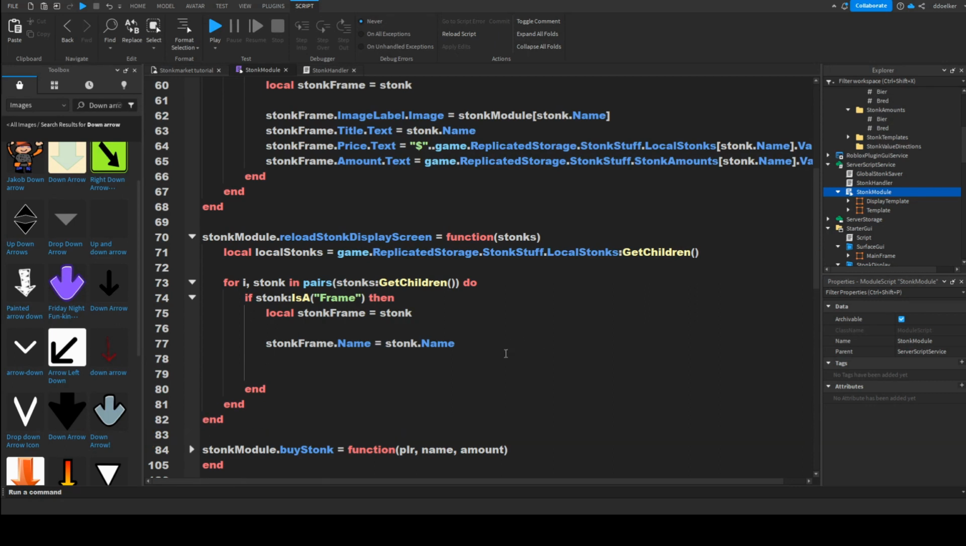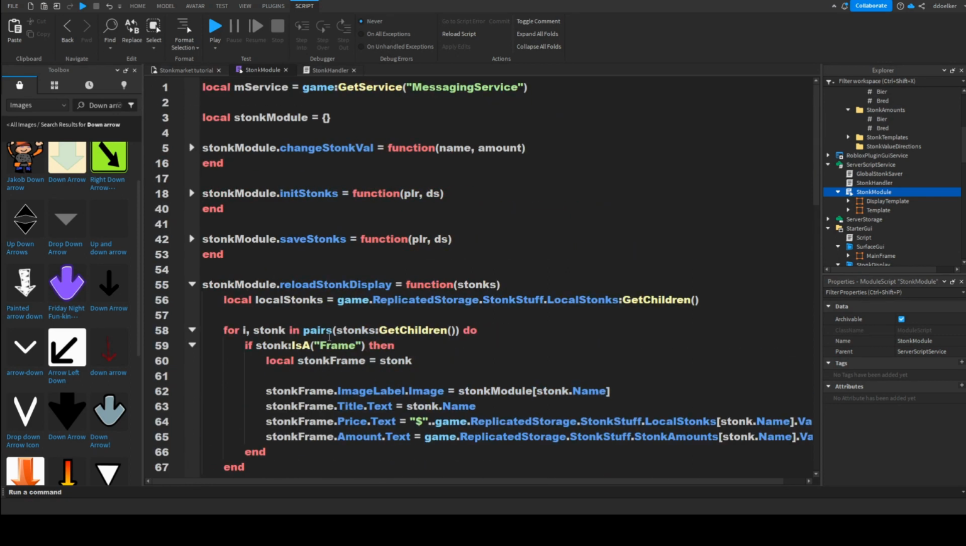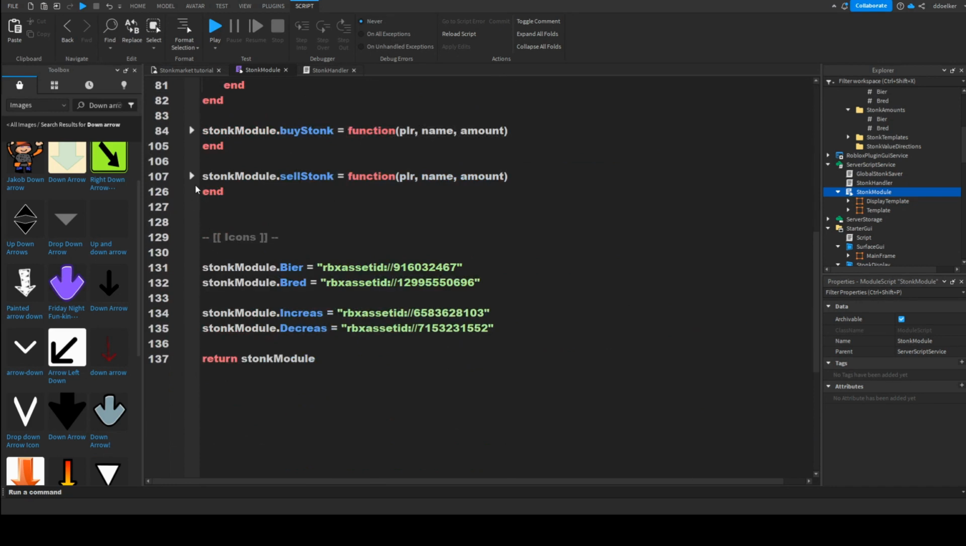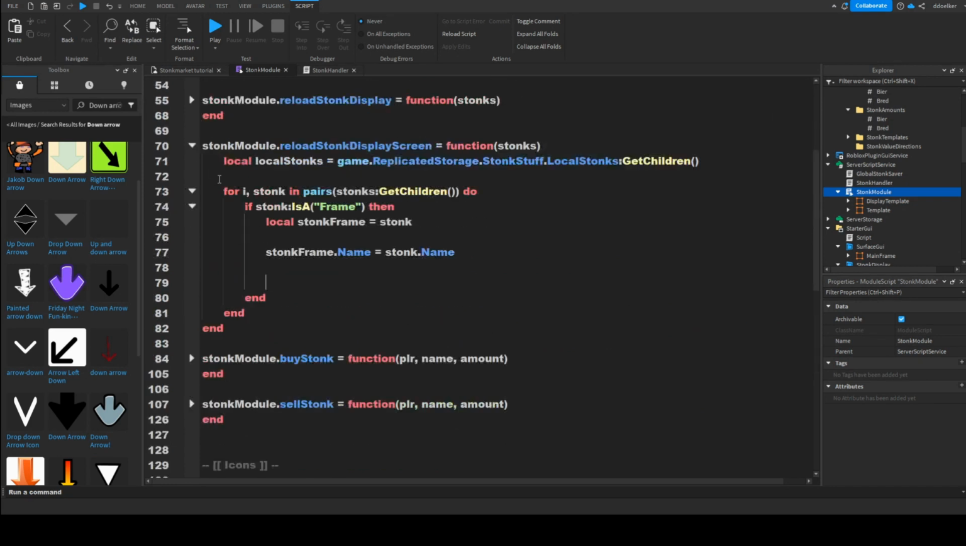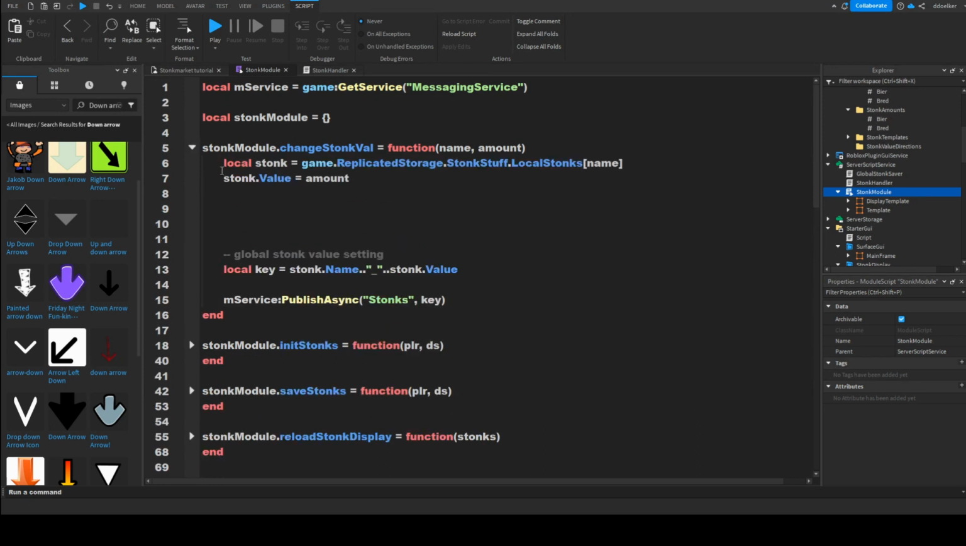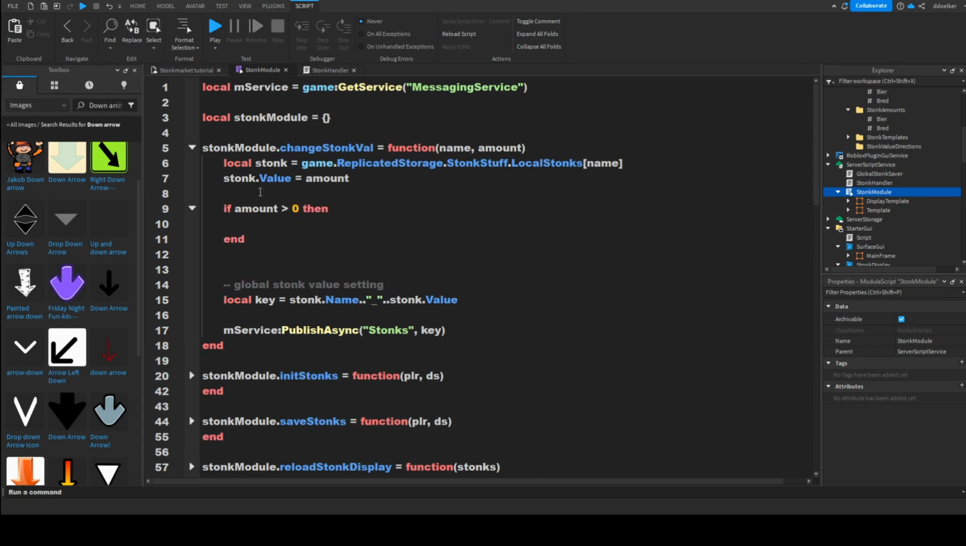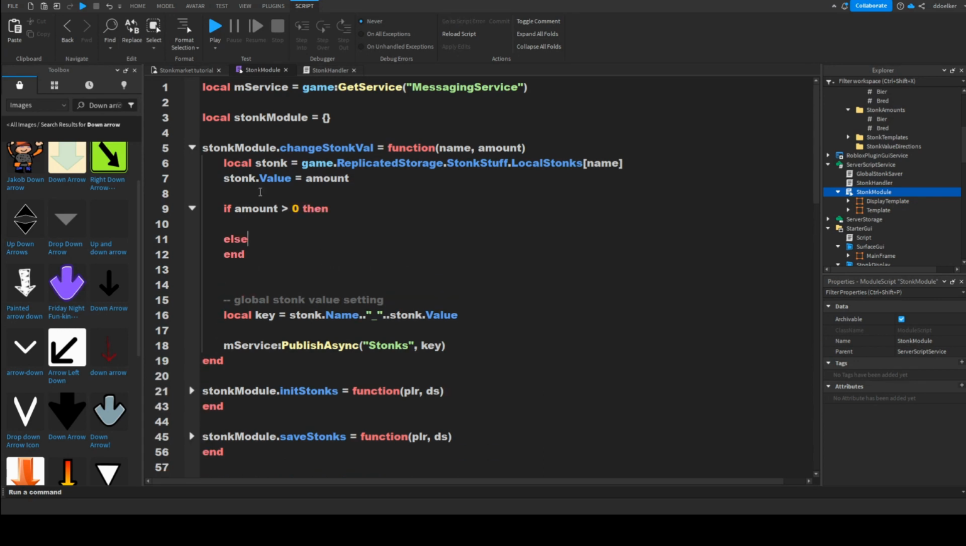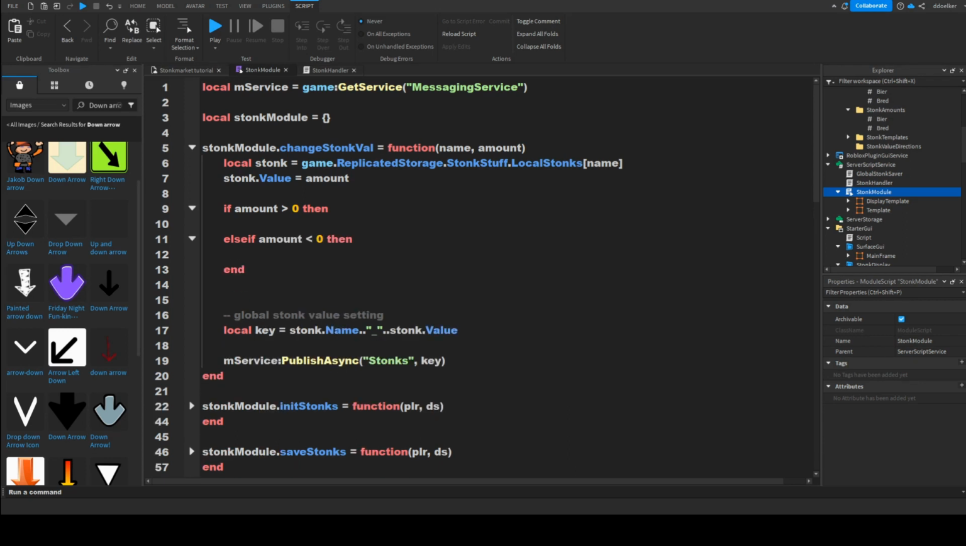Well, okay, now we actually still have to touch the change stonk value function, because we want it to display whether the value went up or down, so we have to make an if statement. If amount is bigger than 0, then, and else, amount is smaller than 0, then. Simply put, if it's bigger than 0, we're going to say